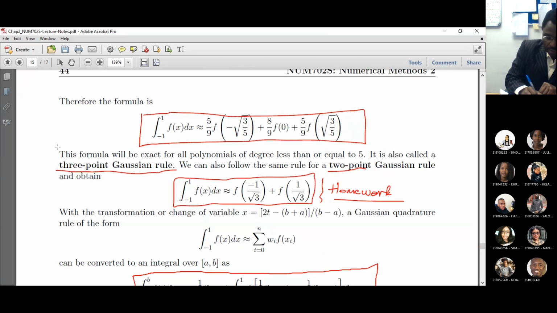So we have our 2-point Gaussian rule, which is the integral from -1 to 1 of f(x) dx, which is approximately 5/9. Oh no, for the 2-point, sorry. That is the 3-point. So for the 2-point it is f(-1/√3) plus f(1/√3). Now for the 3-point,